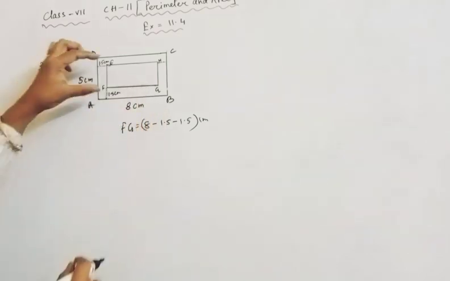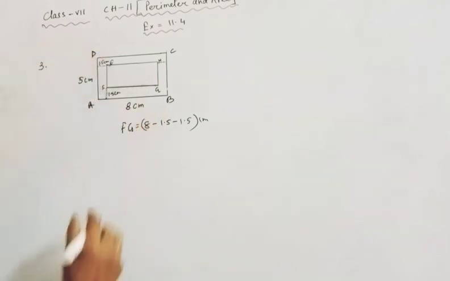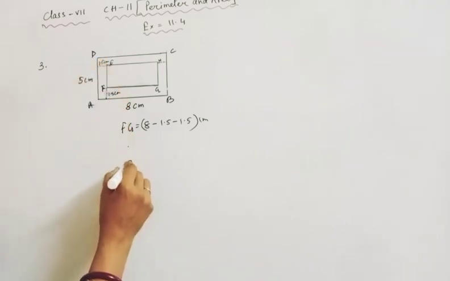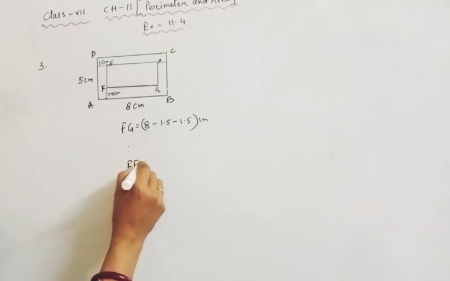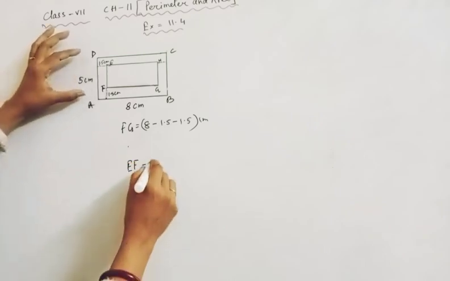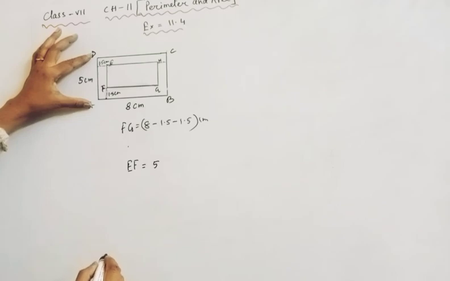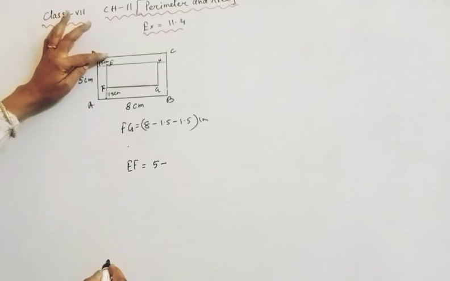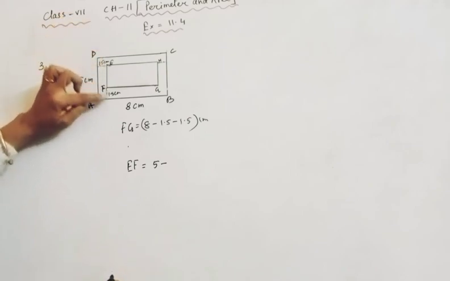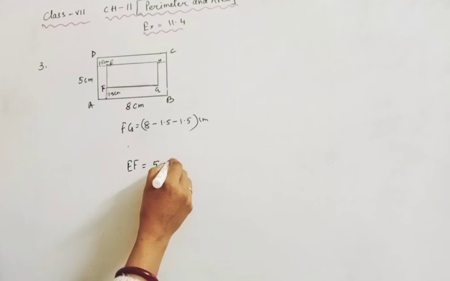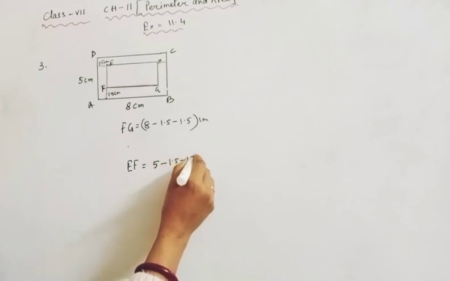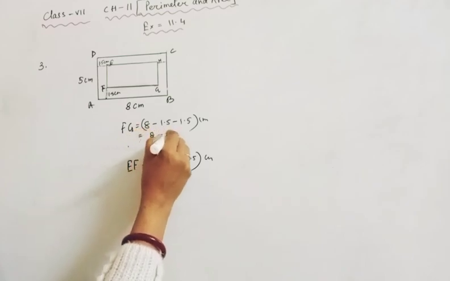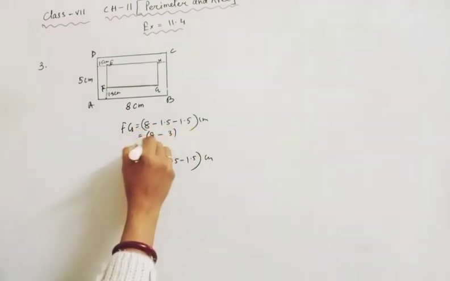Similarly for EF, that is the length of this side EF, it was 5 centimeter. Outside the width was 5 centimeter. You will again subtract 1.5 centimeter, 2 times, from here also. So 5 minus 1.5 centimeter and 1.5 centimeter. Understood? In this way you will find 8 minus 3,